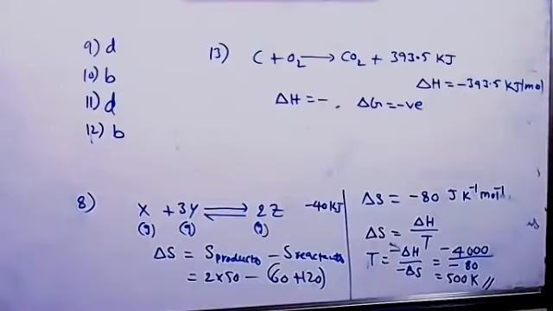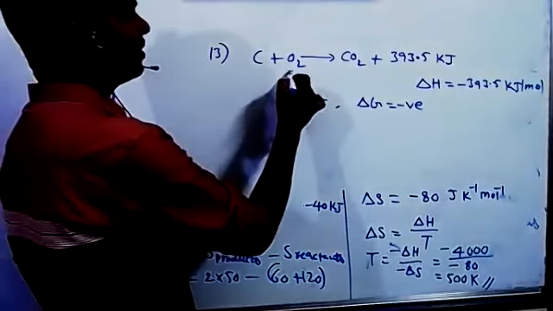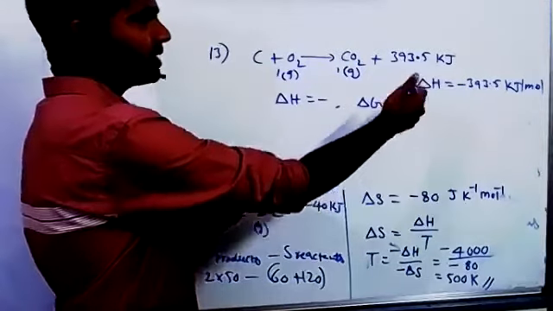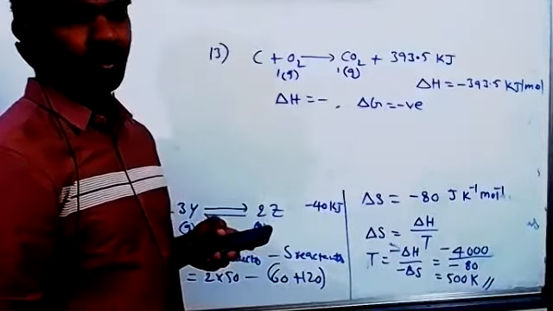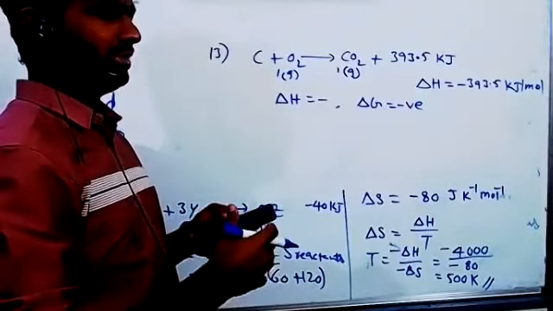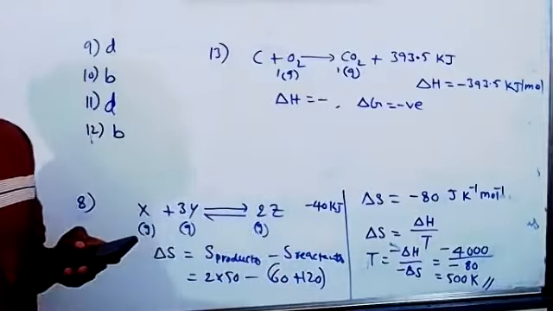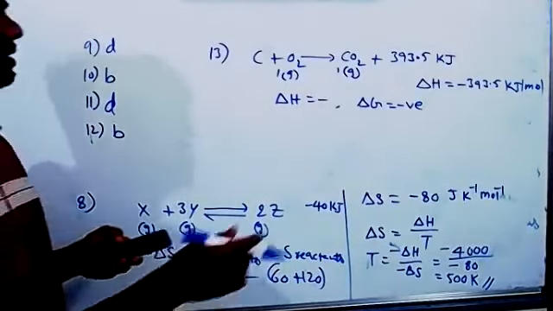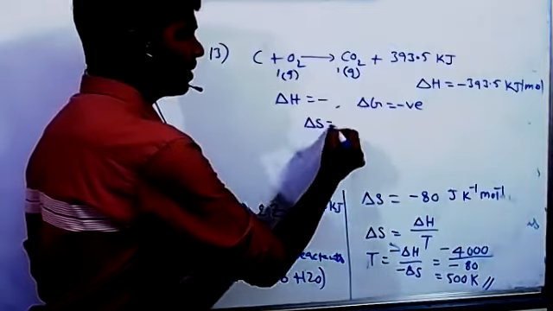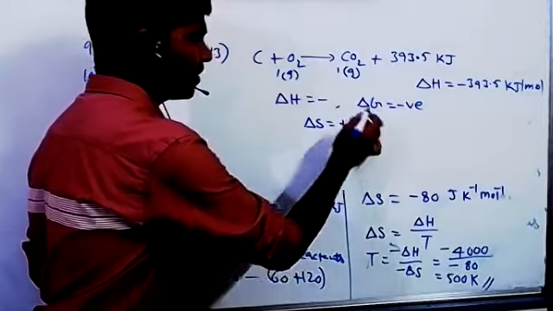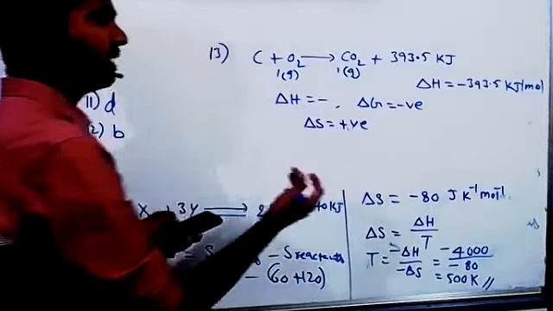But anyhow, during that process, the temperature of the system increases actually. So here this is also gas 1 mole, this is also gas 1 mole. Number of moles equal. However, during this process, a large amount of heat is released. Because of that heat, the disorderliness of the obtained carbon dioxide increases. That's why we can consider delta S is equal to positive only, because entropy increases. So all factors are supporting. This is negative, this is positive, means delta G becomes negative.